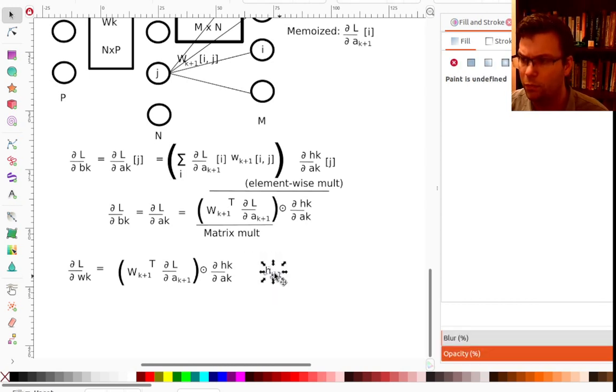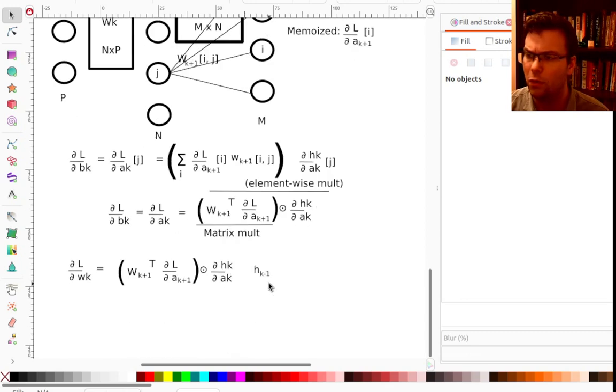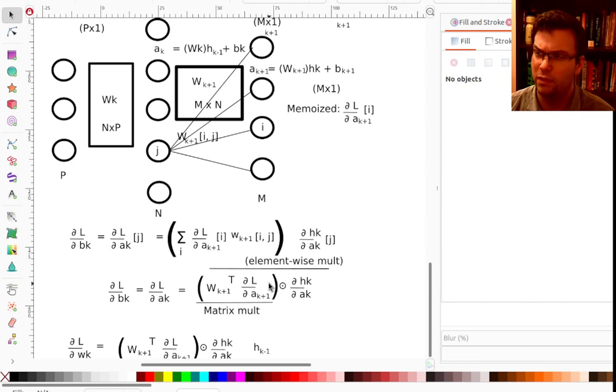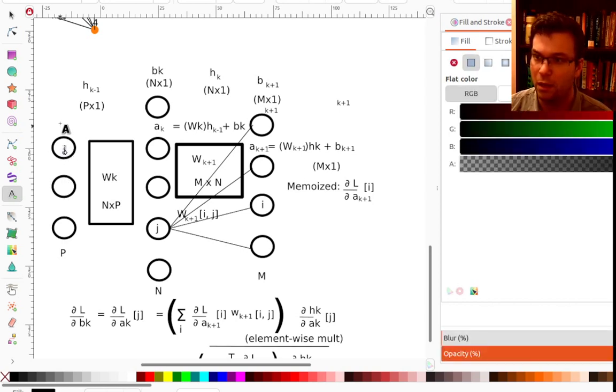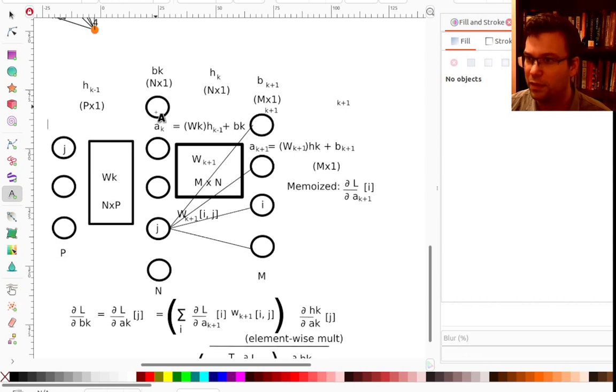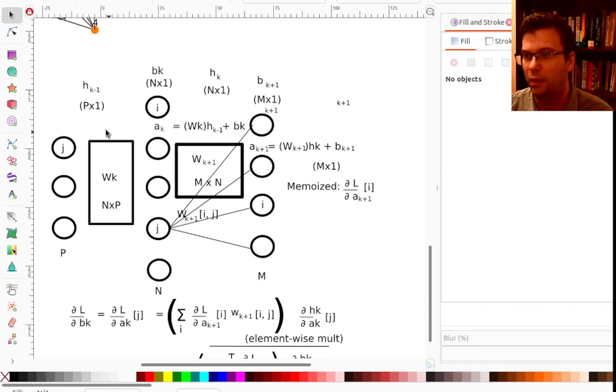That's H_{k-1}. This is something that I would have remembered from the forward pass. It gets a little bit confusing with the indices because I always want to refer to a row index of a matrix as i and a column index as j. So I'm going to pick a different j and a different i over here. Now I'm looking one layer back, so I've shifted my perspective on what is the output and what's the input. I'm going to refer to the input always as j and the output as i. And so I look at this equation here,